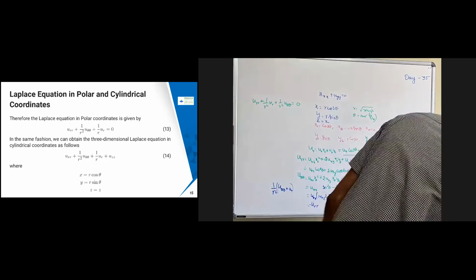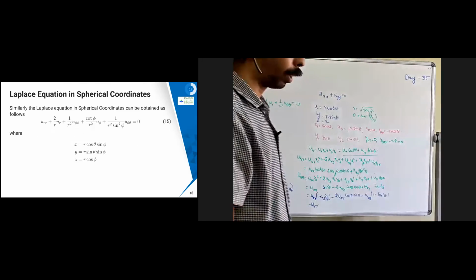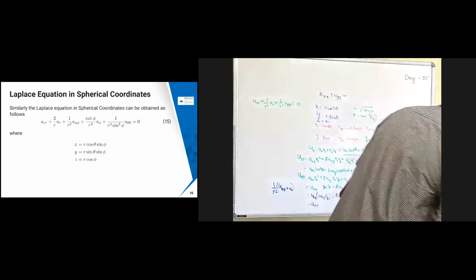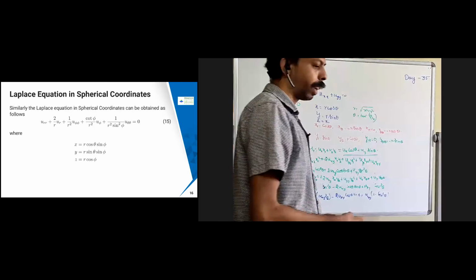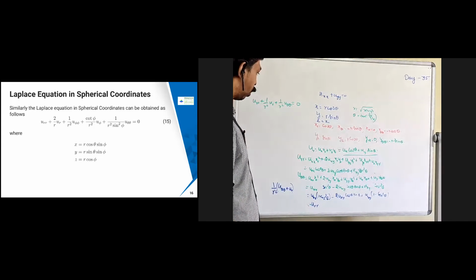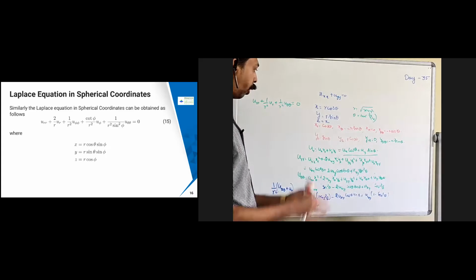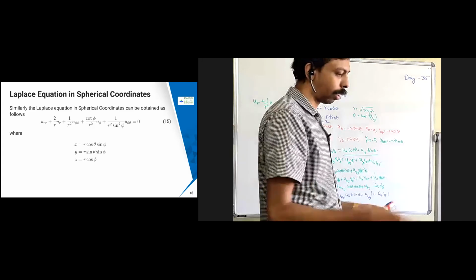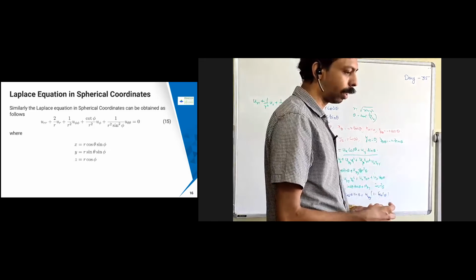Now the next one, spherical coordinates, similar kind of things. I'm not going to delay that, but I have uploaded the answers for how to get that in the miscellaneous section. You can just check that. In the miscellaneous section I have given how to apply that. A similar kind of expression you will get. Big expressions will come, and then you can simplify that. So finally you will get an equation of this form. Large expressions will come, so I have given that in the miscellaneous section.